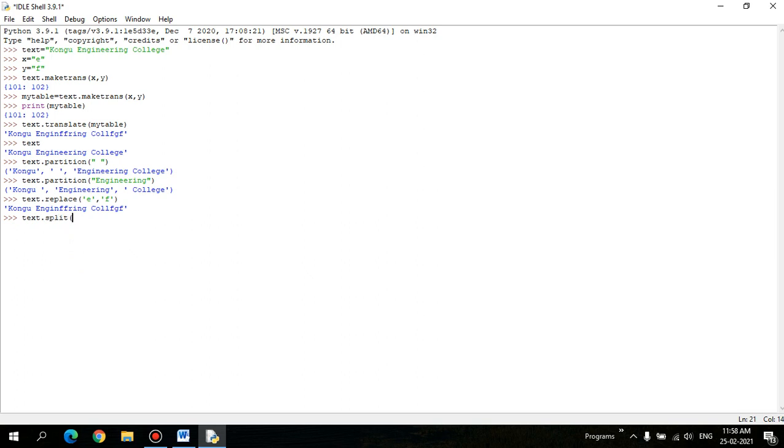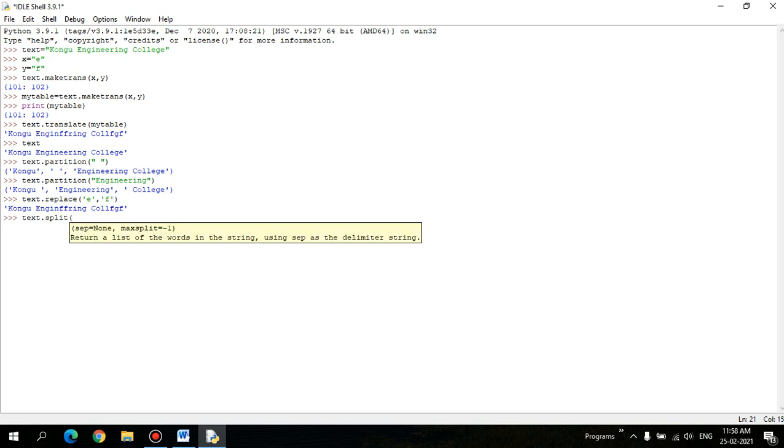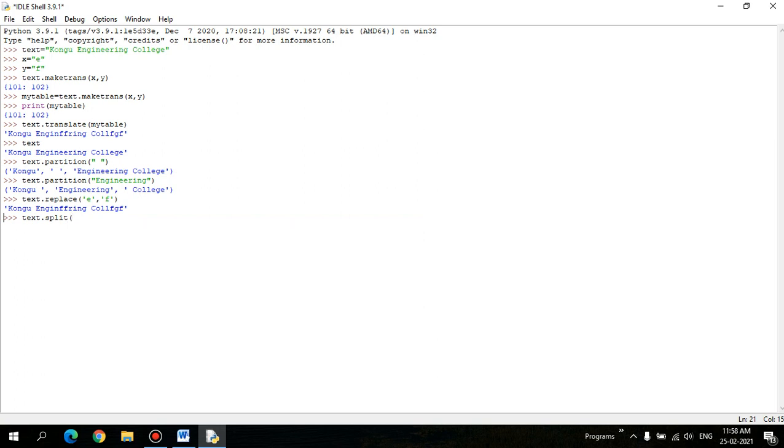So the contents on the left or right of your string will be stripped. That is what lstrip and rstrip do. And split is a function. You need to specify the separator, and you can separate it with anything. It returns a list. So let's make a split.